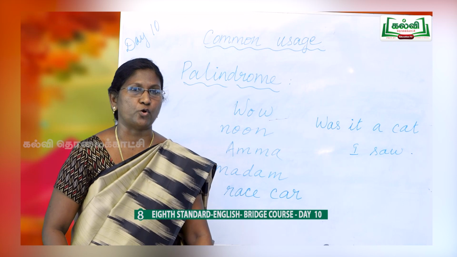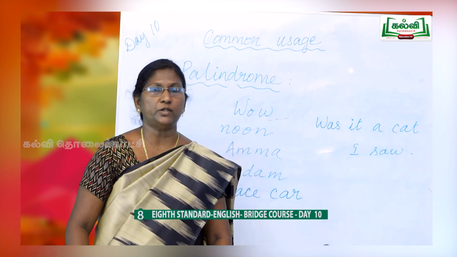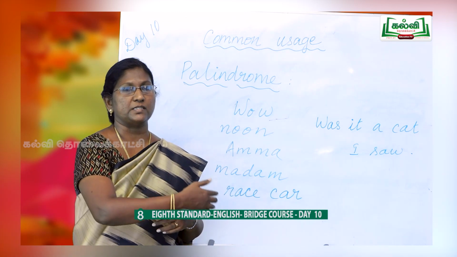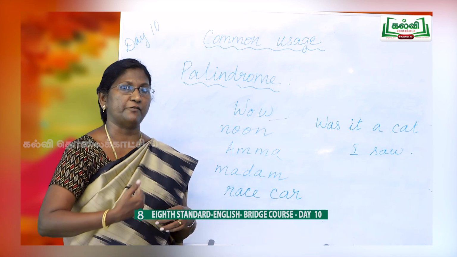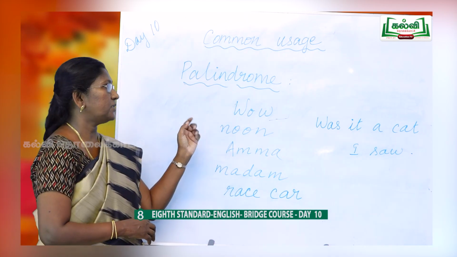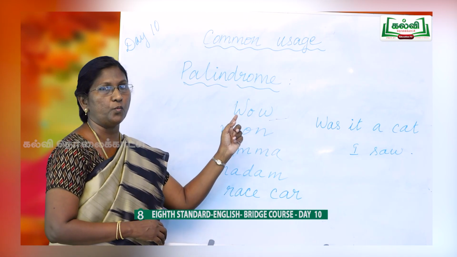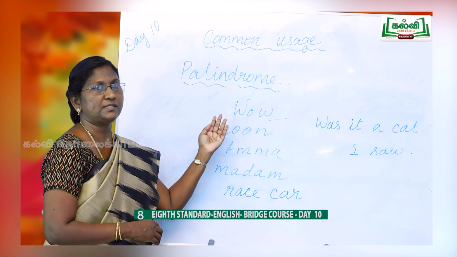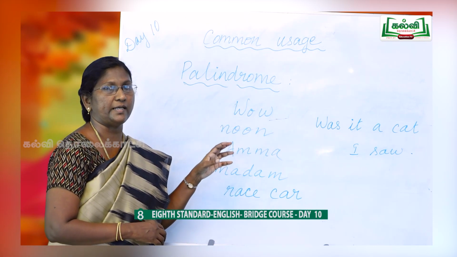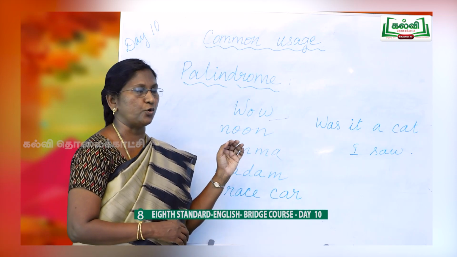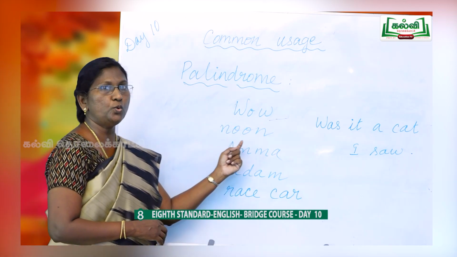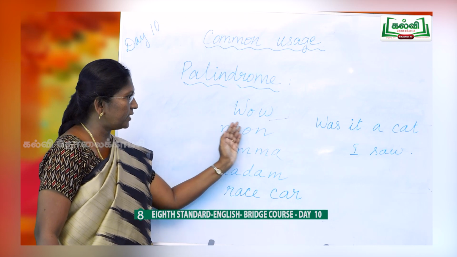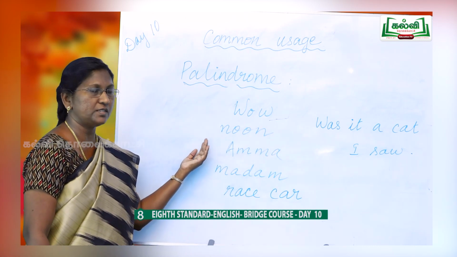The next one, very interesting, and you'll be amazed by this formation. This is called as palindrome. Here when you see the words, when you read from left to right or even from right to left, the words will be the same. So here for example, the first word is wow. W-O-W. So now read from back, W-O-W, the same. So if you get any word like this, that word is called as palindrome. Here are a few more examples. Noon, noon time. The afternoon time we say as noon. So from this side also it is noon, and from back to front also it is noon.